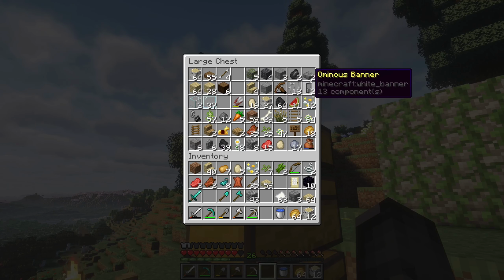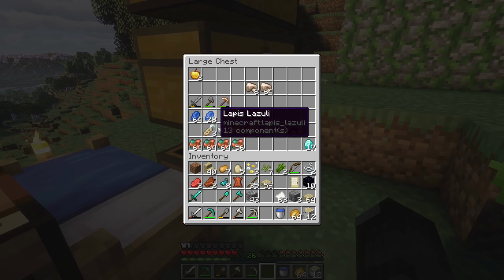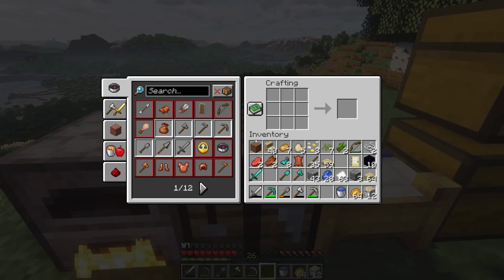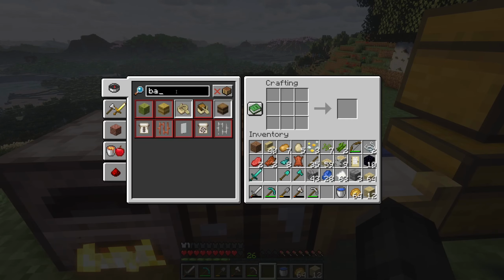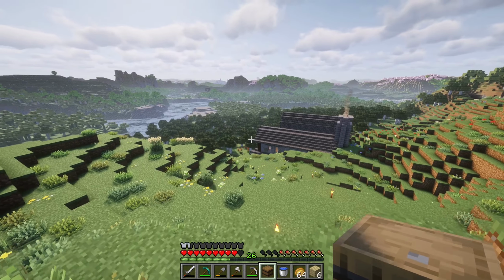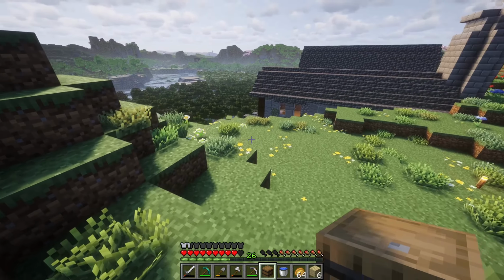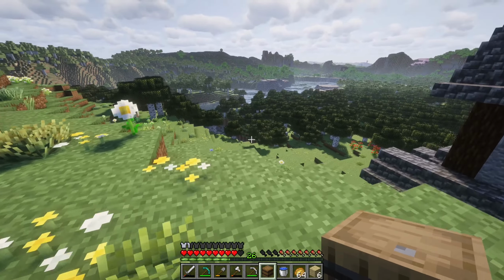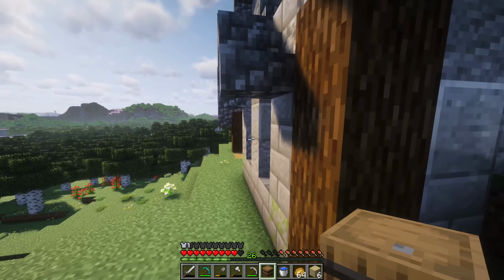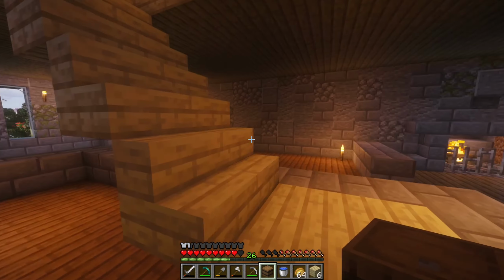Let's go ahead and grab a few things from up here. Some lapis and we can take down. Go ahead and turn these into some planks. We will go ahead and make a barrel here. And we will do another small setup here. I'm really hoping these bookshelves will end up working in the manner in which I have set up here, because I feel like